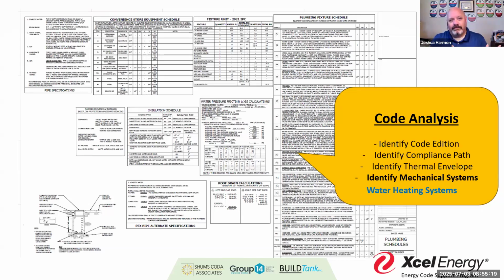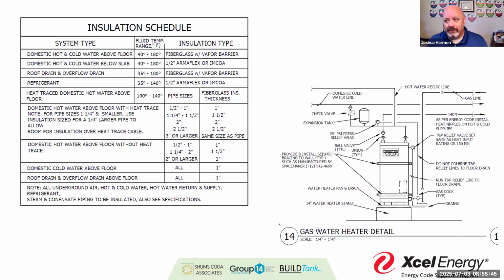Now, whether or not future generations of the code start to pull in that concept as part of the conservation work, that may happen. I've seen it brought up in several different jurisdictions. But again, we want to make sure that the water heating systems that we install in the buildings can meet that load, and then we have to make sure that piece of equipment meets the requirements for efficiency. Then we get into the same conversation with mechanical. We start talking about distribution, right, and how we insulate that pipe to again resist water accumulation and condensation accumulation, as well as